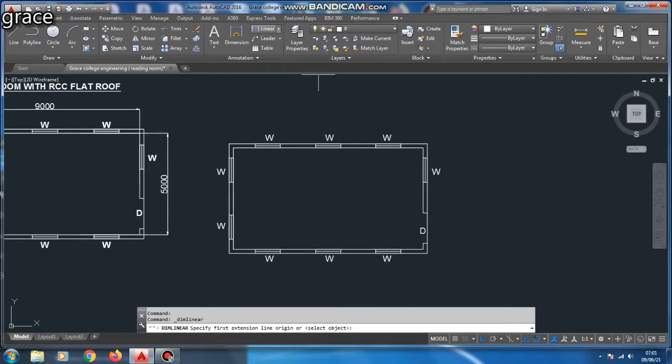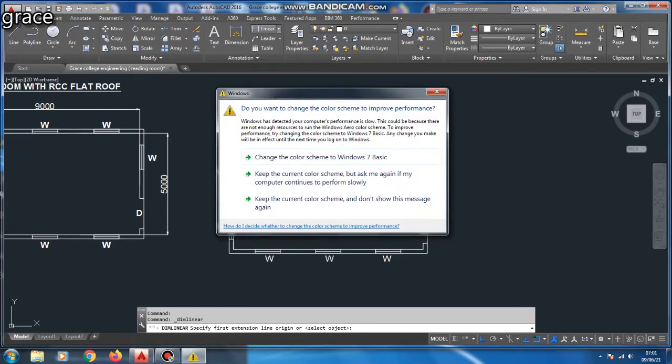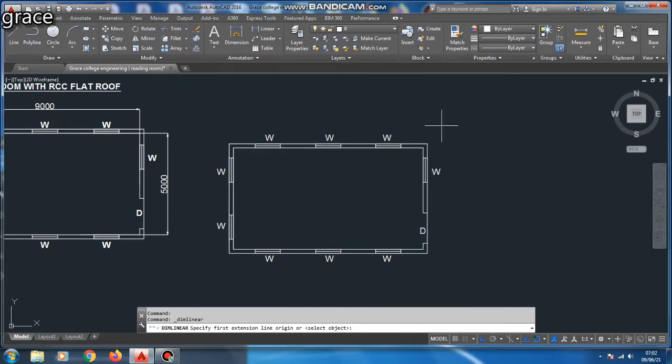Next we are going to draw the section and elevation of our given diagram. By using the same basic commands, we are completing this plan of our load bearing wall structure.